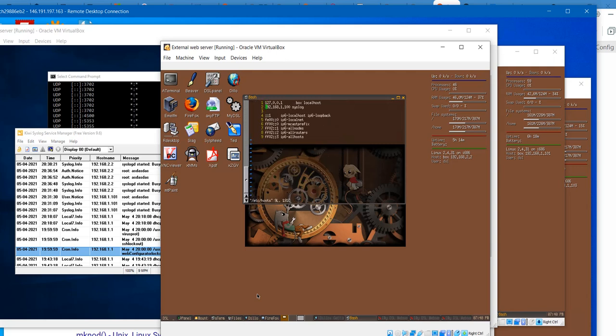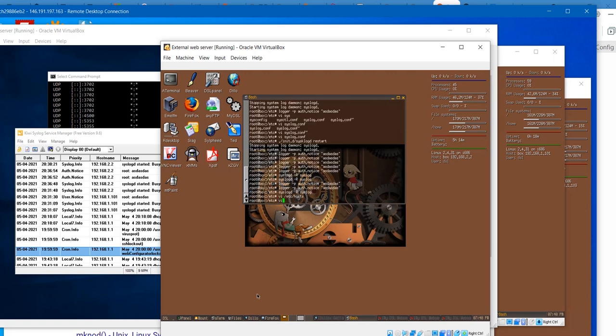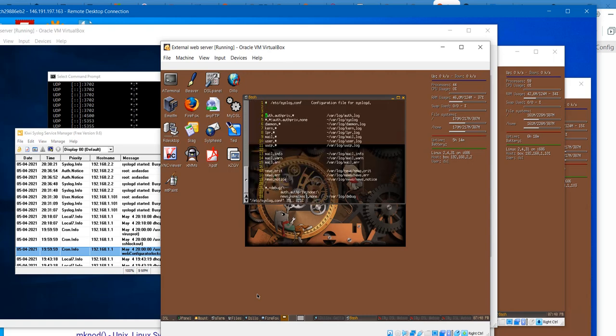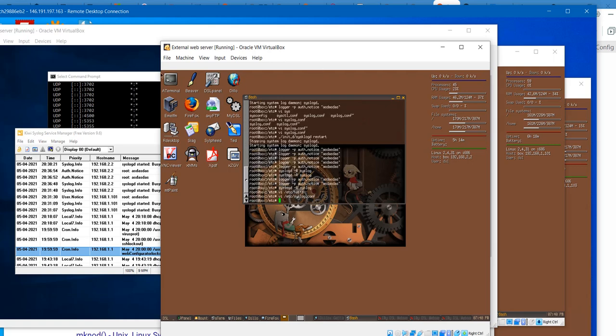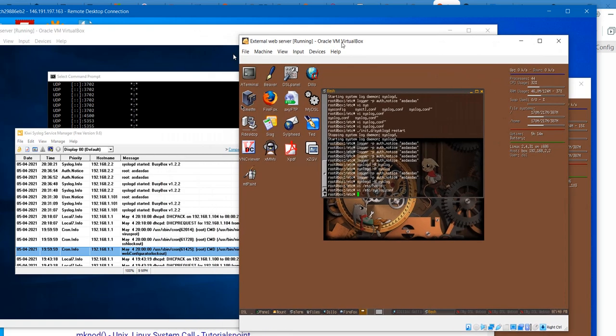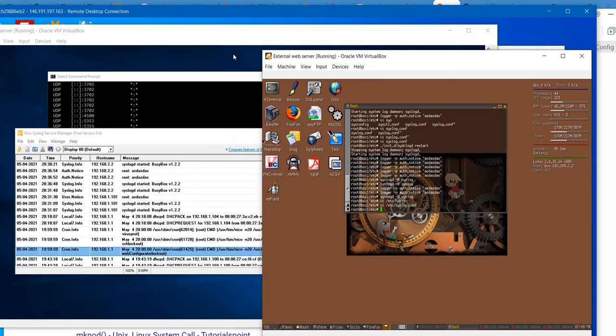So add the IP address and syslog host name to this file, and then edit the syslog config file, and add the message to this config file, and then since we already let them be able to communicate with each other, so well, we